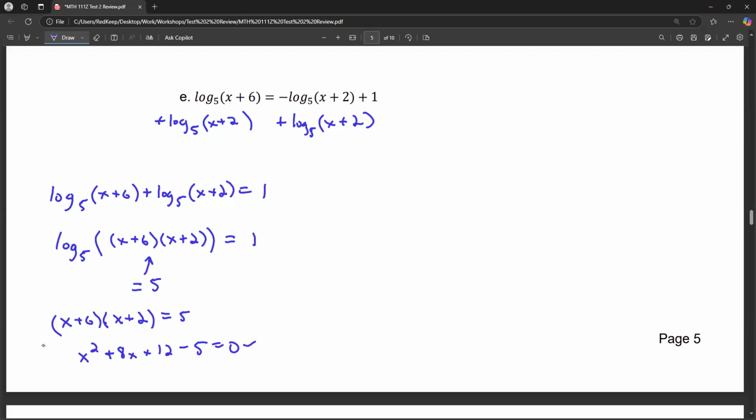Okay, so let's go ahead. I'm running out of room down here. I'm going to bring it up and let's simplify this, right? I have x squared plus 8x plus 12 minus 5. Those are like terms, right? That becomes 7. And the reason why I did this, and I guess I didn't highlight that, is because I subtracted the 5 and set it equal to 0,